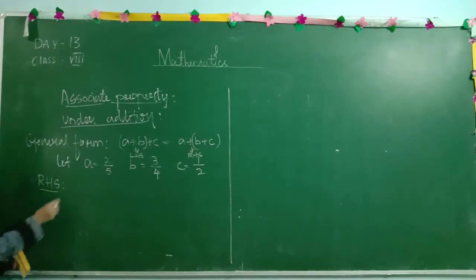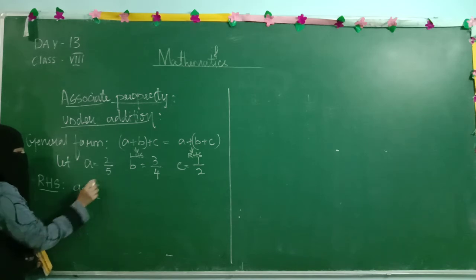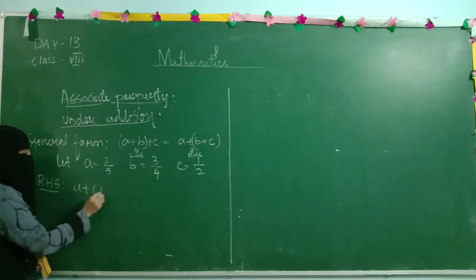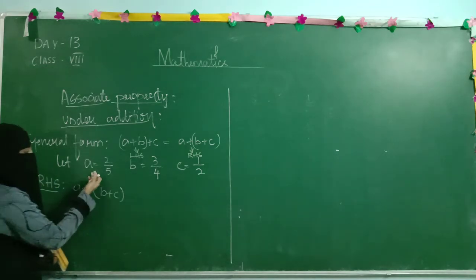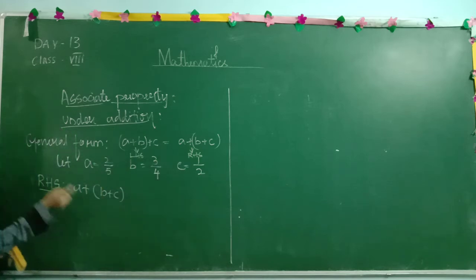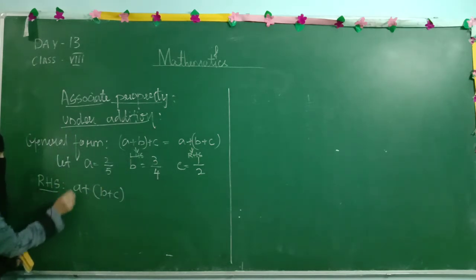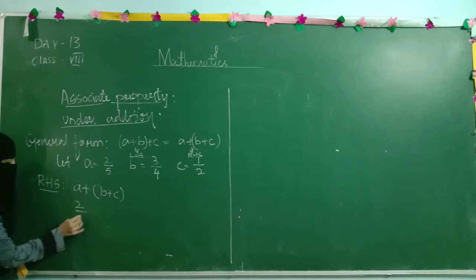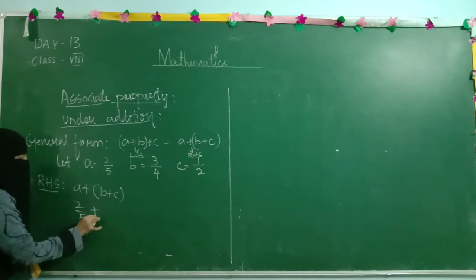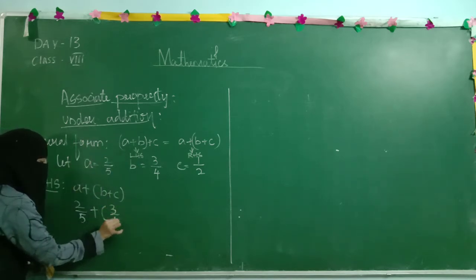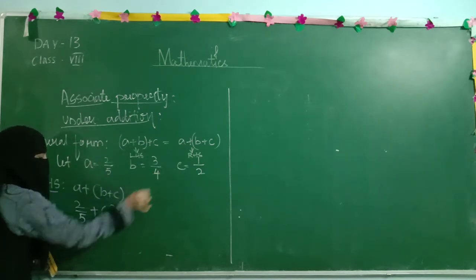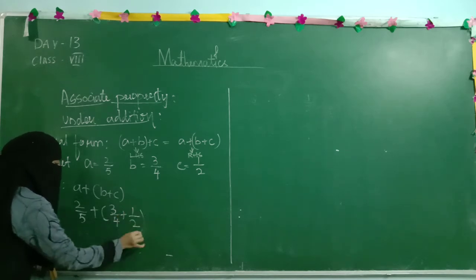Very good, it is A + (B + C). We already have the values which we took previously, that is A, B, C. Now I am going to substitute those values in this condition. What is A? Yes, 2 over 5 plus